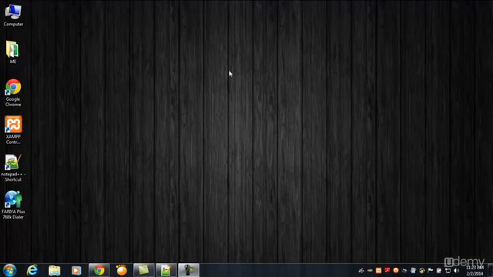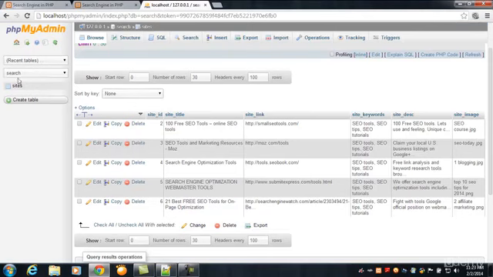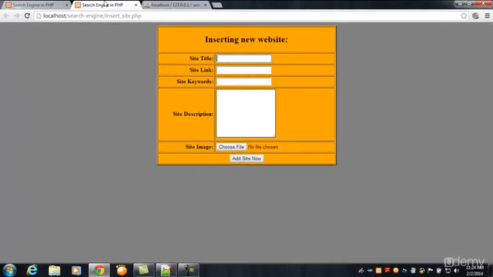Let me first give you an overview of the previous section, what we created and what we learned. First of all, we created a simple page for displaying the search engine, the search box where users can search their queries. After that, we created a database inside MySQL called search, and inside that database we created a table called sites, and for inserting data into this table we created a page called